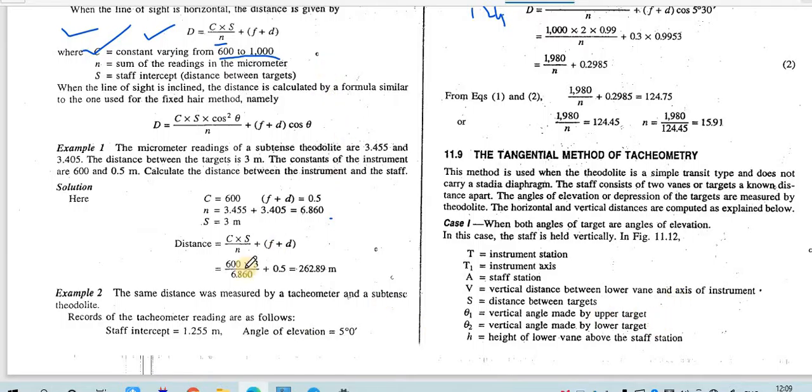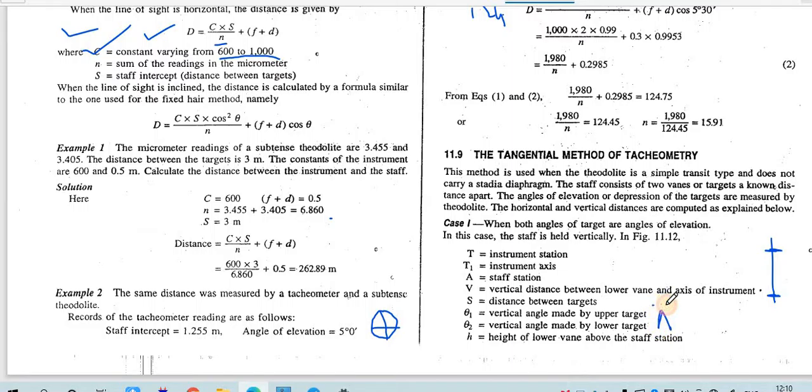How will you do it in this method? Try to calculate the horizontal distance D over here. Suppose there is a theodolite in which the diaphragm has only one vertical hair and one horizontal hair. This much only we have in a normal theodolite, and with the help of this we will try to calculate the horizontal distance. In this there is also a leveling staff which has a fixed target. That means this value will always be fixed. What do you need to do?